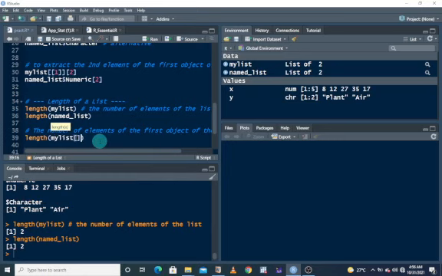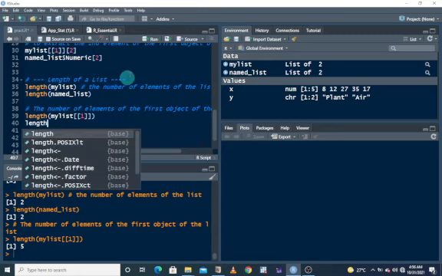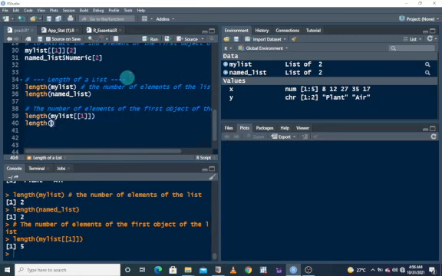So basically we can use 1 for the first, that's the first object. We are specifying the first object. We want the length of that, and basically we know the first object is 5, so we are expecting 5 for this. So let's run. Yep. Another way to do this is to use the name list once we have it,